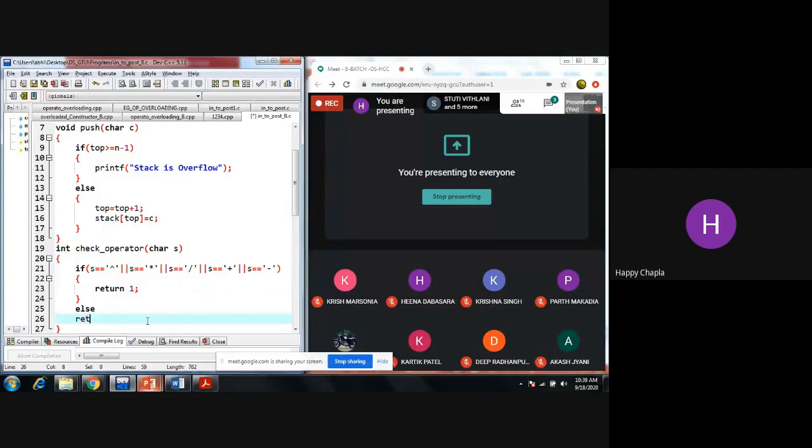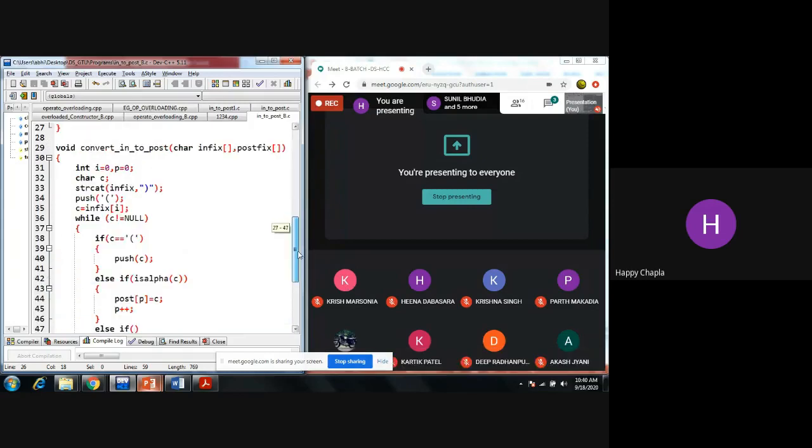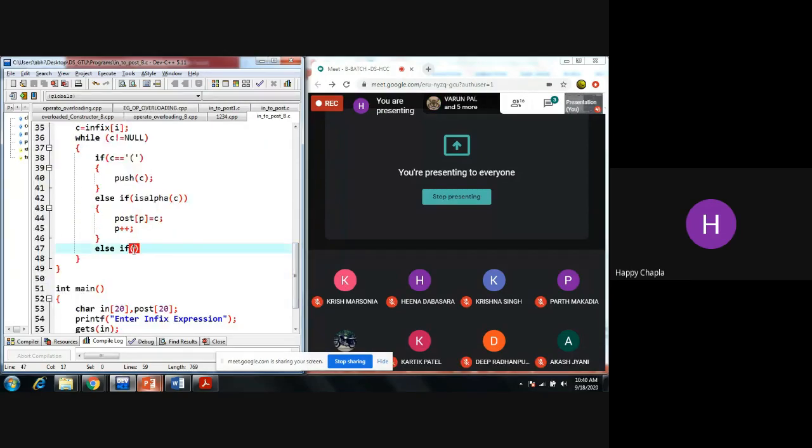Else it will return... Okay, so here we are checking else if, that if it is a character, then this function will return me 1.